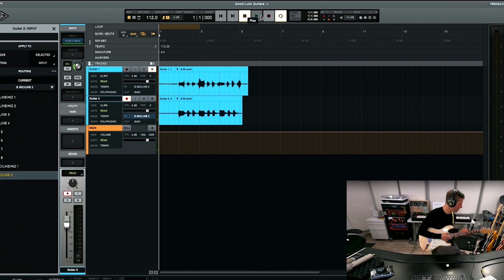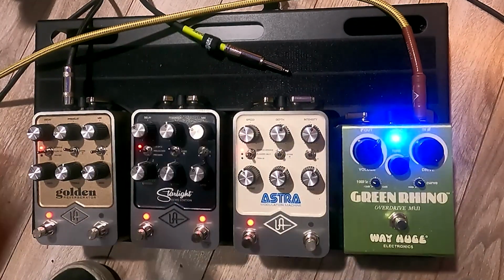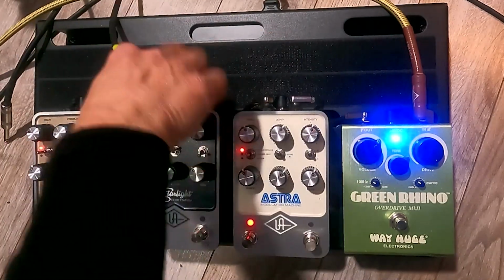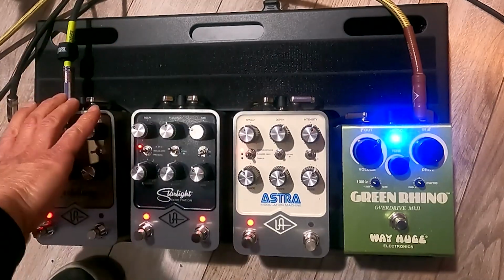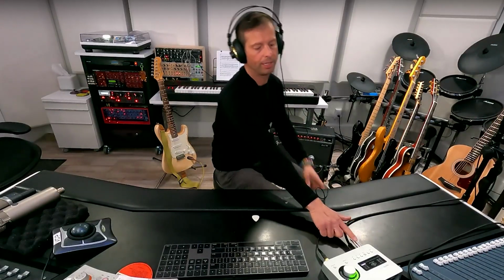So there we go. Now we've recorded the different tones through the pedals, through the amp, still using the microphone. Now we're going to get away from the microphone, and this is the cable that was going into the amplifier. This is going direct into the Solo. So this time, I'm going to plug the output of our pedals over into the input, front direct on the